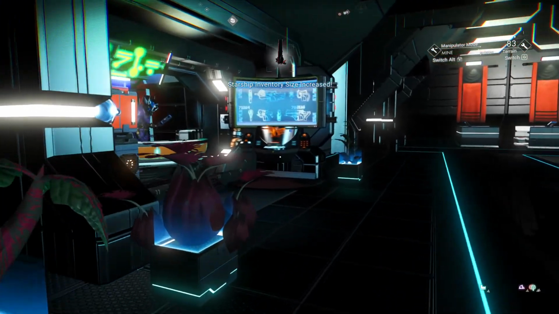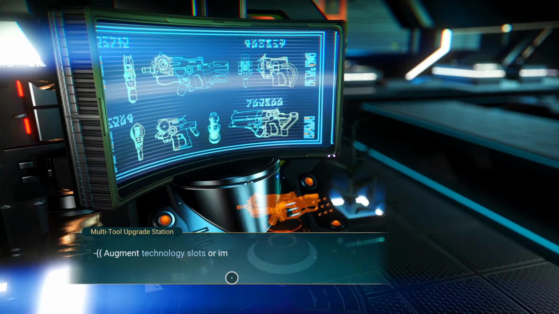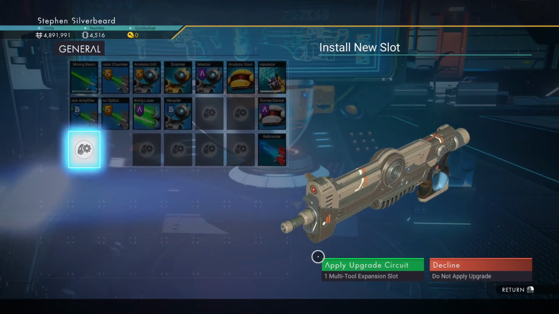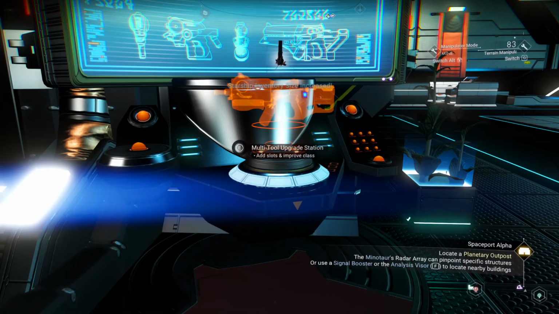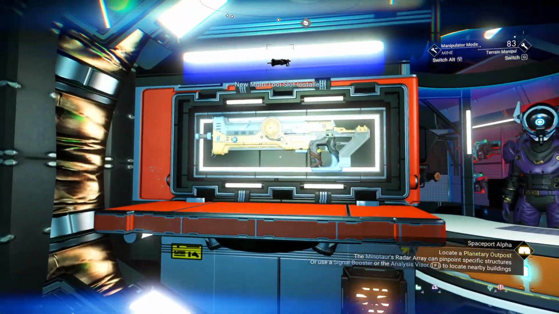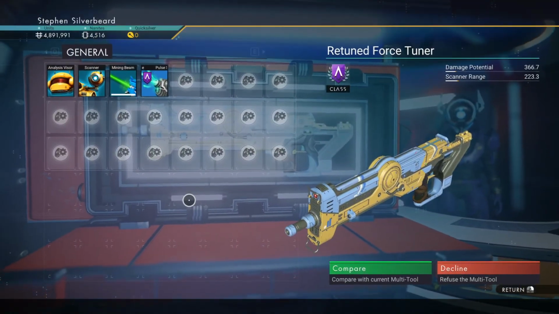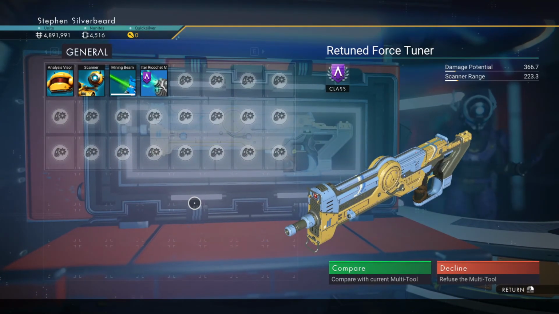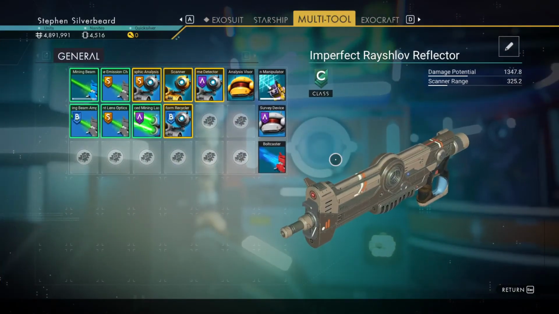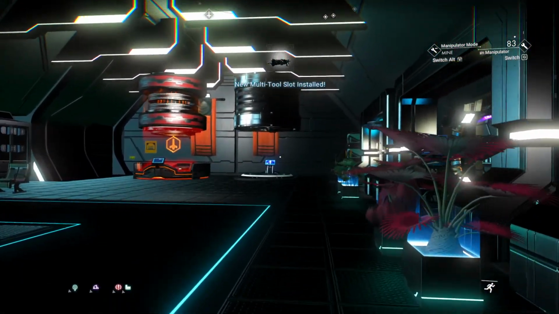And if we come over to here, what we should be able to do is upgrade our install multi-store. So to add a third one, we're going to need another multi-tool. Wow. Okay. We got here E-class. Wow. Nice. Oh my god, at the moment. C-class. It's going to do the job, so...